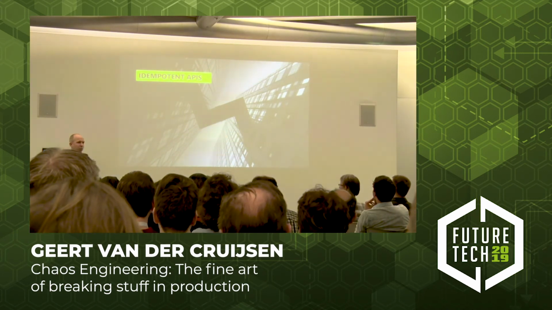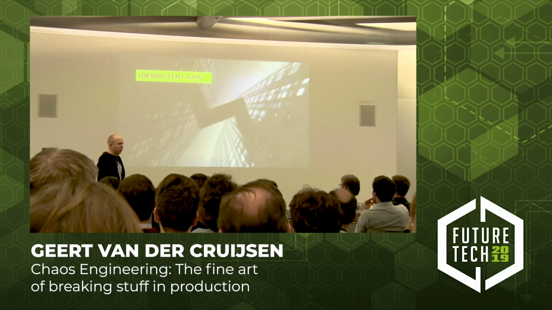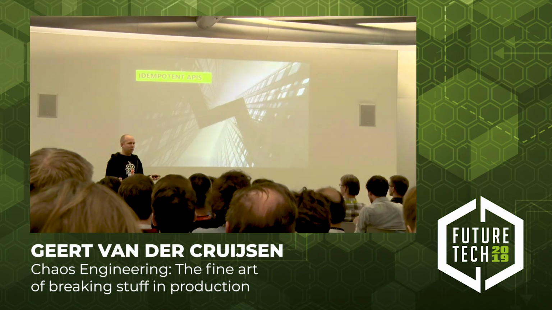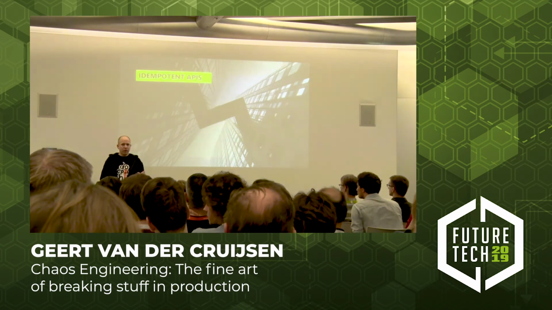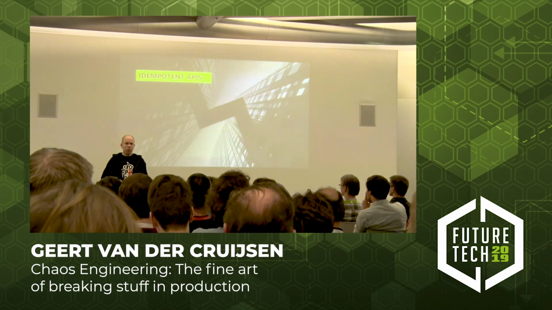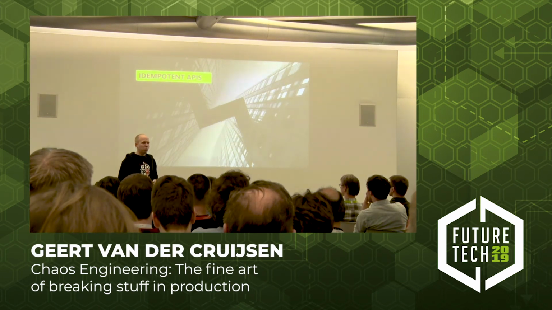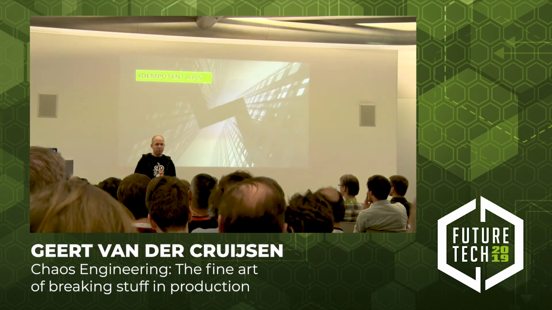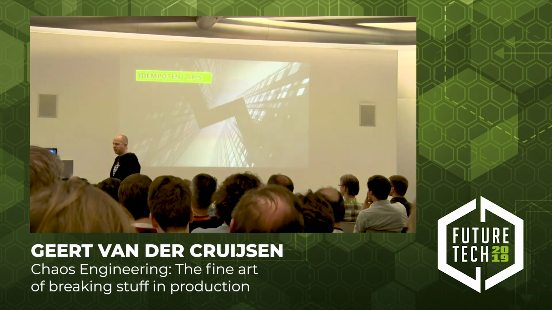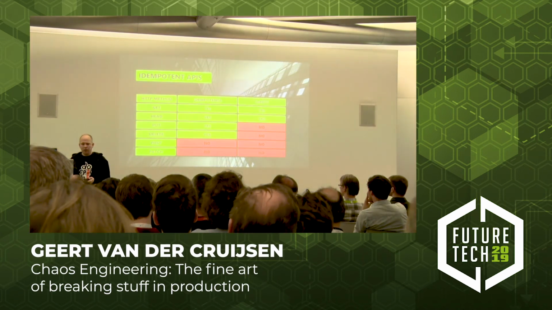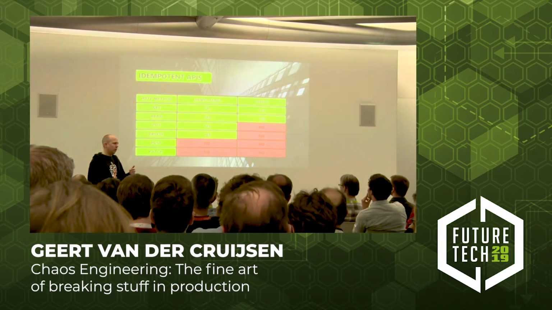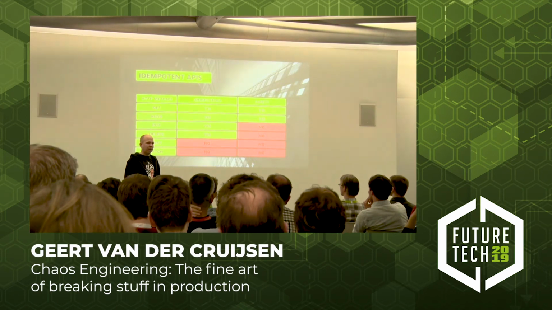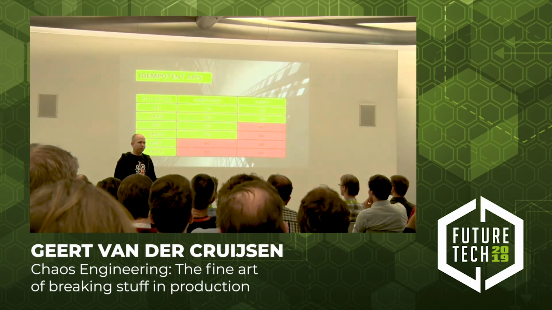Then we have idempotent APIs. So we already discussed the network sucks, right? It's not reliable. So if we're doing asynchronous communication, how bad is it if we do multiple messages that are actually the same? Building idempotent APIs helps us to do the same message over and over again without having different results.